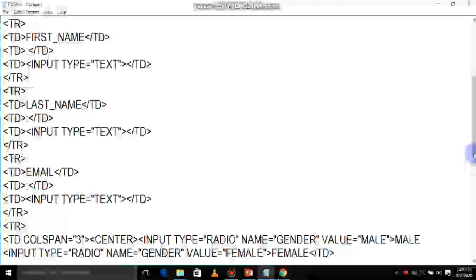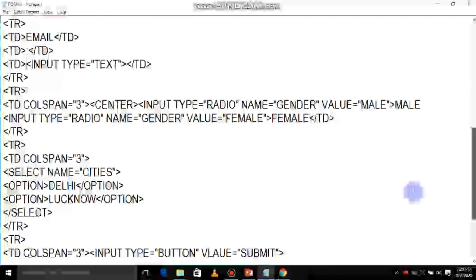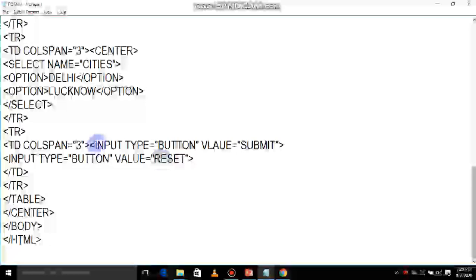So go to here, this center, and for button, TR TD TR. Okay. This also you need to place in center.